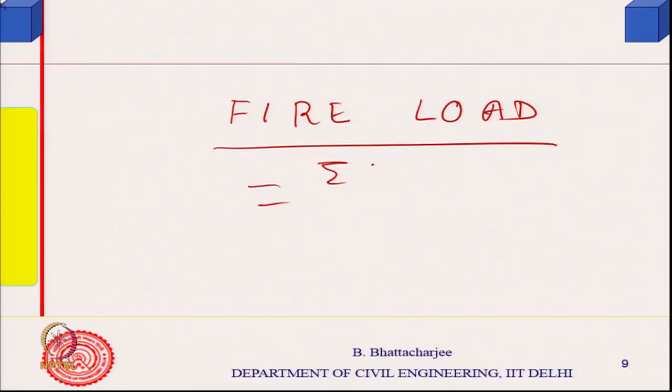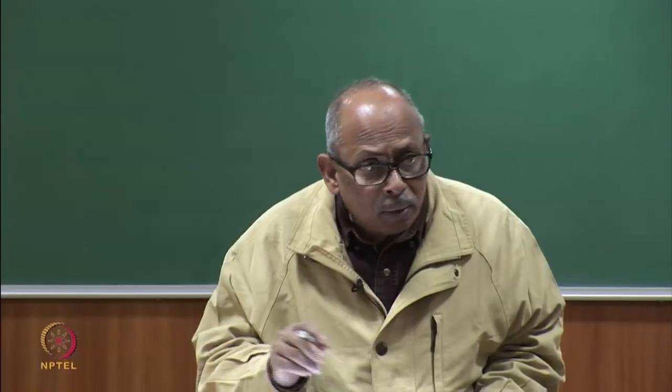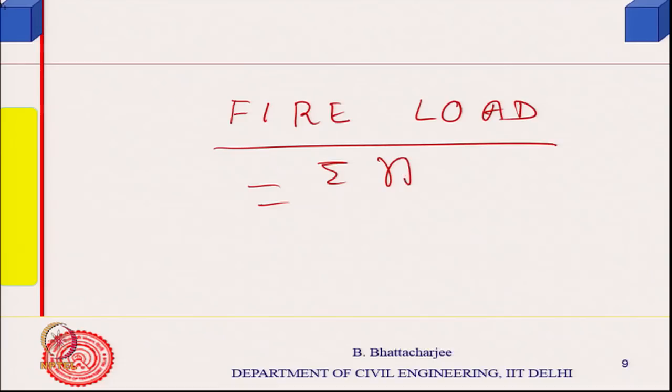So, it would be the mass of the combustible material. Shall I use capital M or small m? Small m we have used for burning rate. So, let us use capital M, mass of all combustible material, M_i, let me call this the ith material, into delta H_ci of that material, or heat of combustion of that material or fuel value, divided by